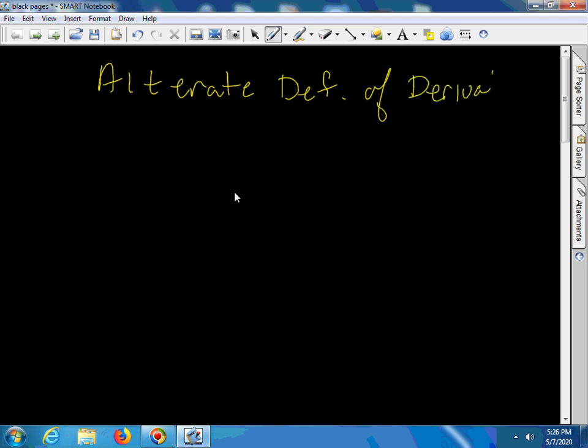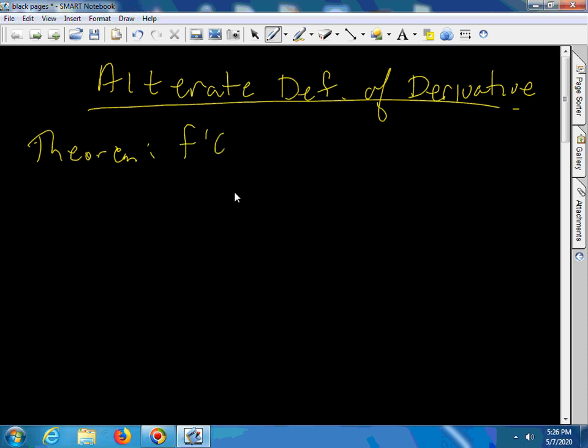We're going to talk about the alternate definition of derivative. And it's actually a theorem. It says that f prime of c is equal to the limit as x goes to c